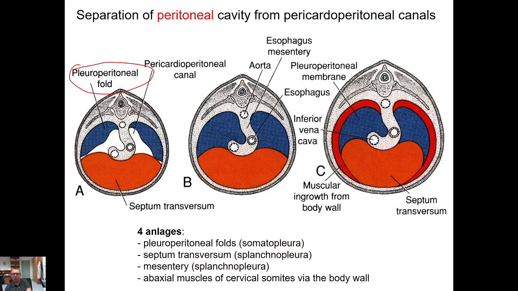These folds here are pleuroperitoneal. They are also derivatives of the somatopleura. Lateral body wall is invaginating here and fusing, but in this case they don't fuse together, because there is a mesentery between with esophagus and vessels, aorta and inferior vena cava, and so this mesentery and the tissue around the esophagus and these big vessels become the second part of the future